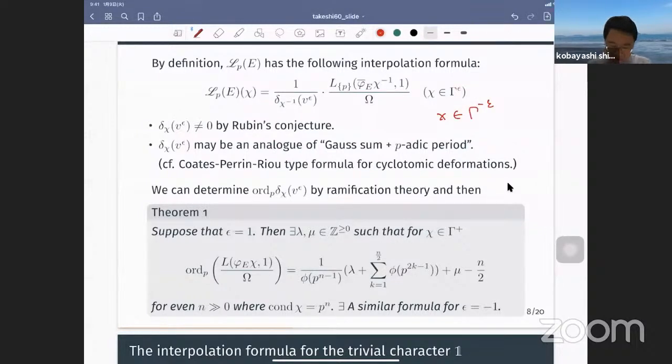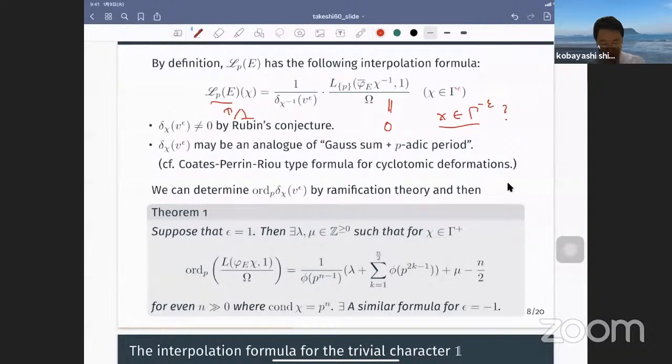Yeah, in this case the root number is -1, so the L value is 0. And since Rubin's p-adic L function lives in Lambda, it only has finitely many zeros. So for such a character, Rubin's p-adic L function cannot interpolate the L value, because then there would be infinitely many zeros, so L must be